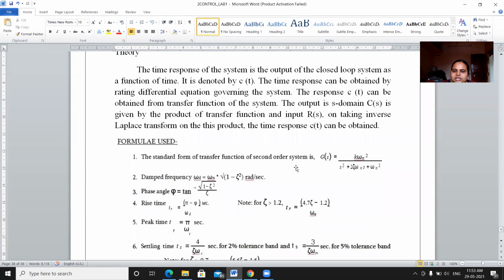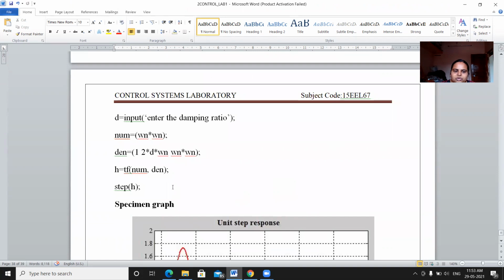Next, this equation is a transfer function. In MATLAB, we use the transfer function: H is going to be TF, transfer function of numerator to denominator. Then close your braces and a semicolon. Then for the step response, this operation will be done by using the function STEP, that is step of H. You will get the response after writing the program in your